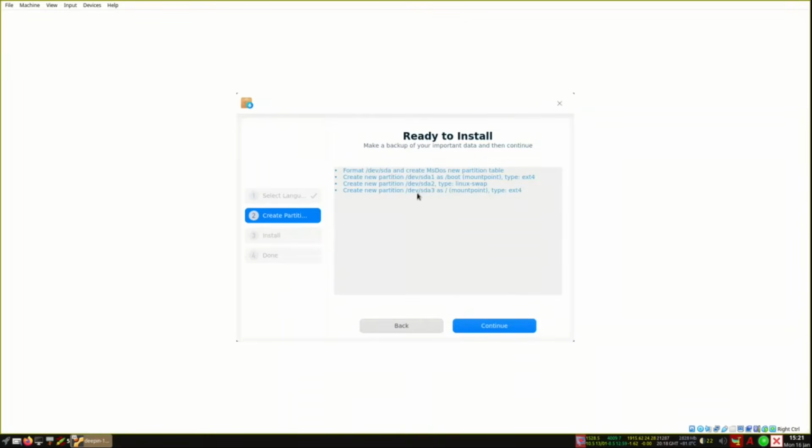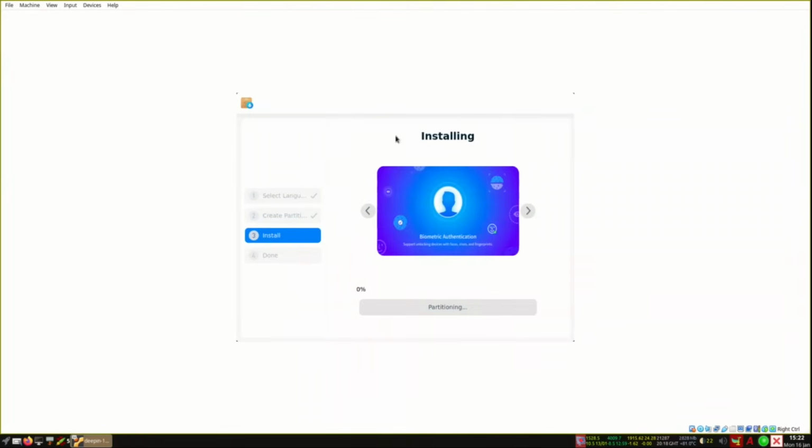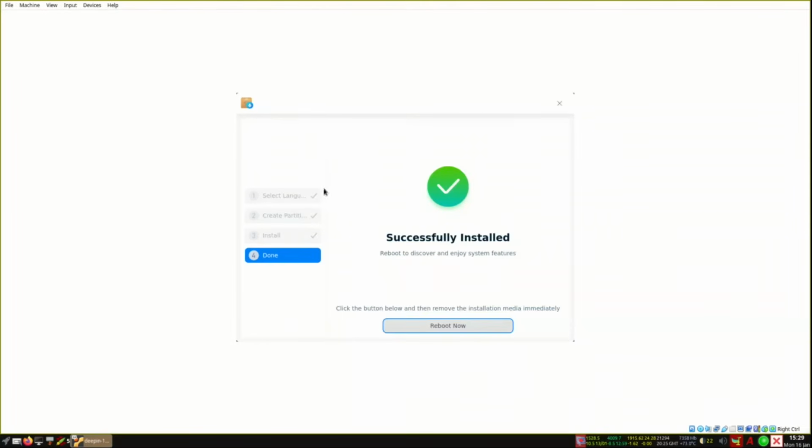There is the link swap, and there's another one for the mount point. It's finished. So we press continue, and we will let it install, and we'll come back when it's finished. And it's finished, and we still have to reboot, and we'll reboot now, and we'll come back also later.